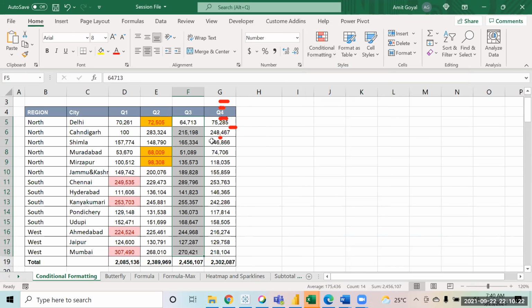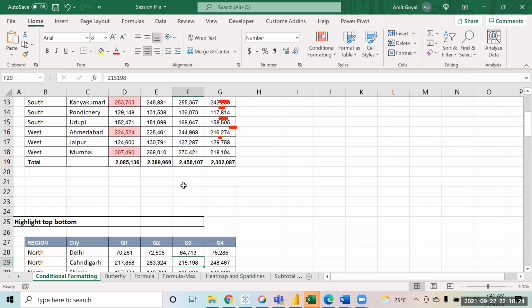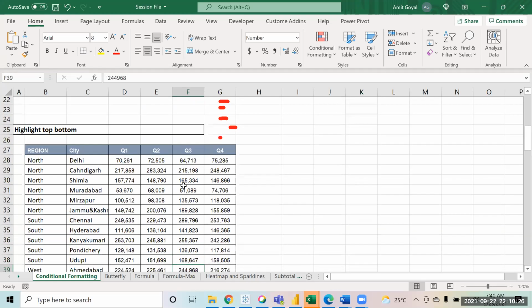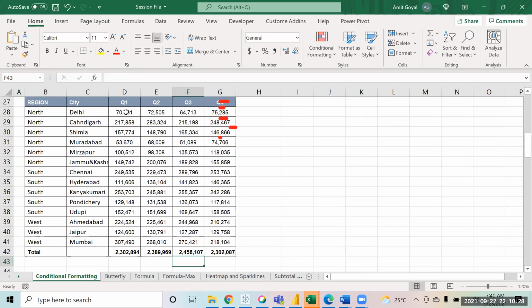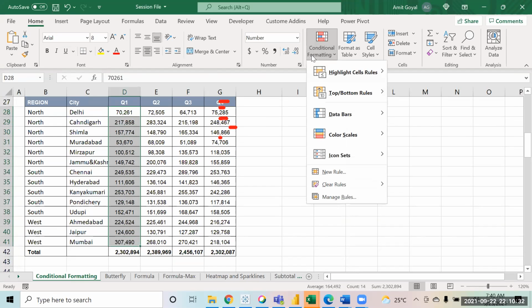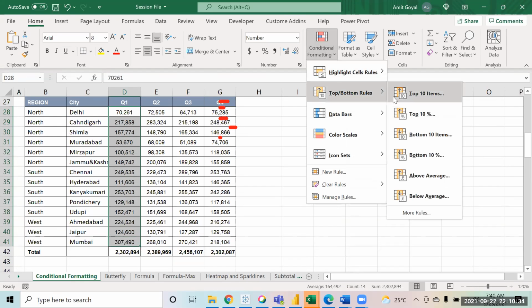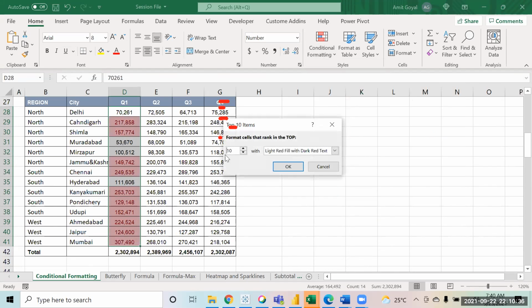Now what I would like to show you is, if you come down, we have the same data again. Suppose I want to highlight the top 3 cities. You can click on conditional formatting, top bottom rules. You will set top 10 items, but you can write top 3, top 5, whatever you want.